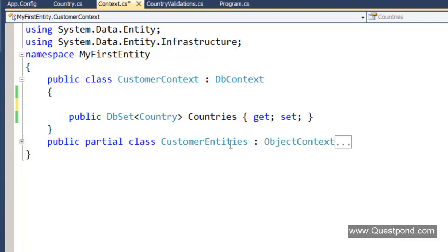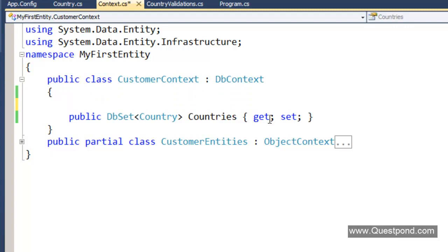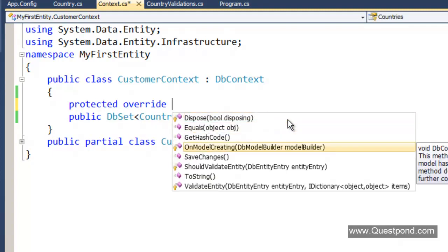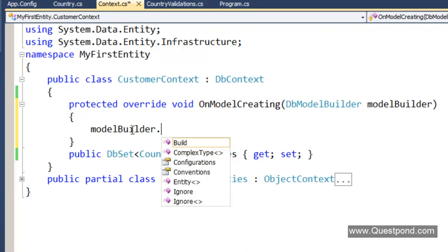Now, this mapping code of Fluent interfaces should get executed before the DbContext object is created. In other words, before the CustomerContext object is created, right? So we have a very nice event here called the OnModelCreating event. So when the model gets created, this is the place where we would like to write our mapping code. Now, in this event, you can see that I have access to this ModelBuilder object over here, right? So now, in order to define the mapping between the Country class and the TBL Country table, we need to write modelBuilder dot